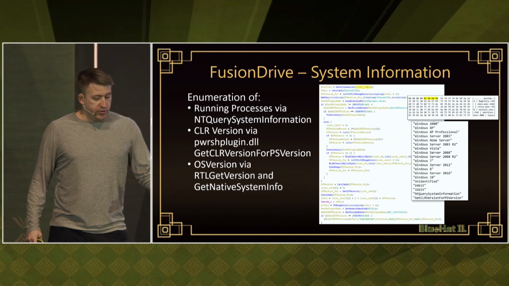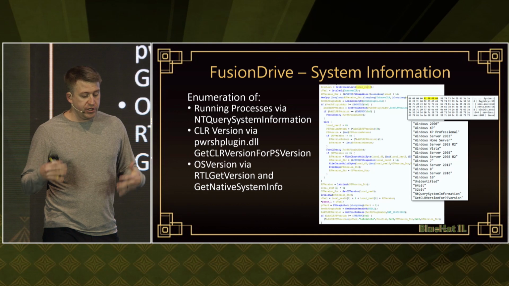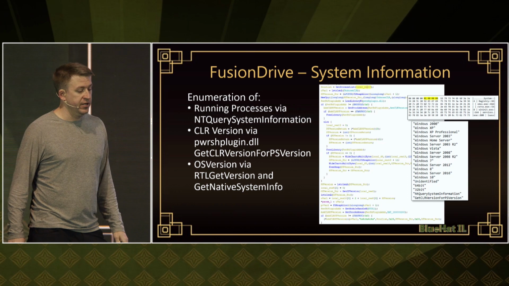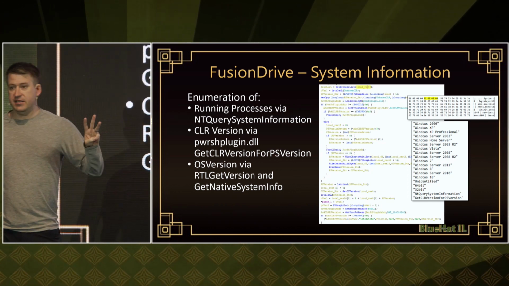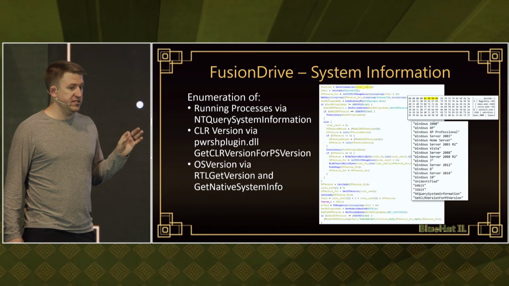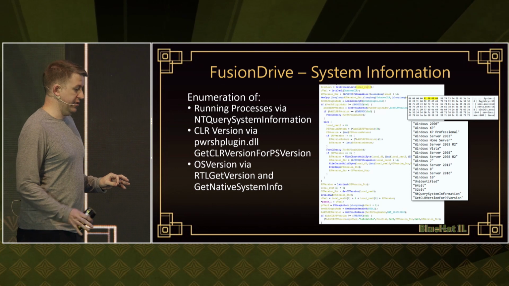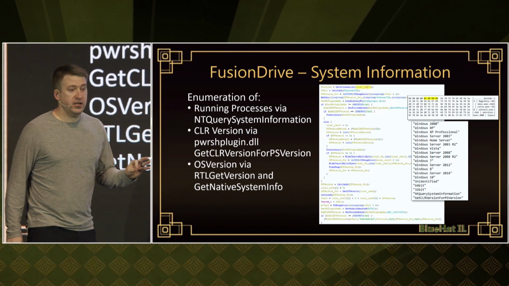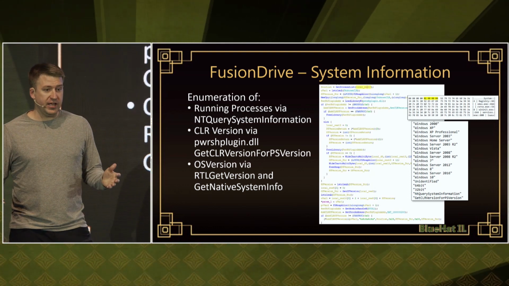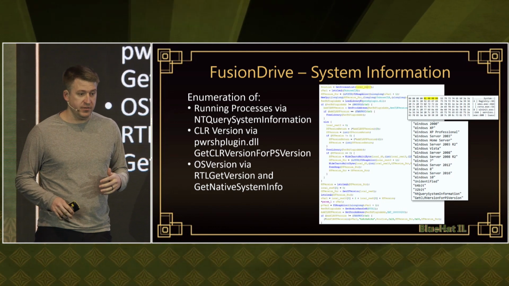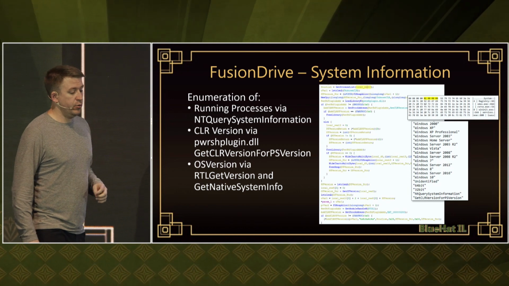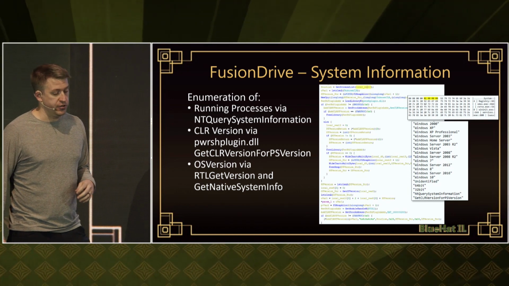Now, when this malware would run, it would generate system information. This is another unique aspect of FusionDrive, in this routine that they use to generate system information. It particularly looks for 3 distinct steps on the system. So it will query all the running processes using the NtQuerySystemInformation function, which is interesting to see how they did that. It will pull the CLR, or the Common Language Runtime version of the system, essentially looking at what version of .NET you have installed on your system, which is important for them from a prevention or detection perspective. And then it will get your OS version, and particularly your patch version,